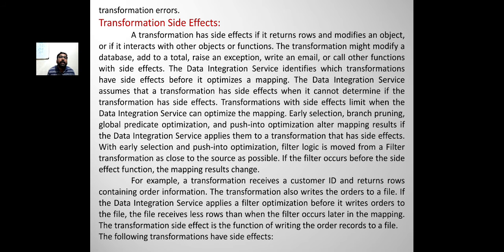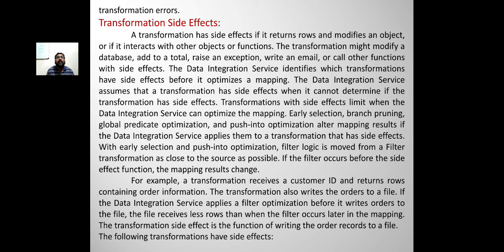Early selection, branch pruning, global predicate optimization, and push-into optimization alter mapping results if the Data Integration Service applies them to a transformation that has a side effect. With early selection and push-into optimization, filter logic is moved from a filter transformation as close to the source as possible. If the filter occurs before the side effect function, the mapping result changes.